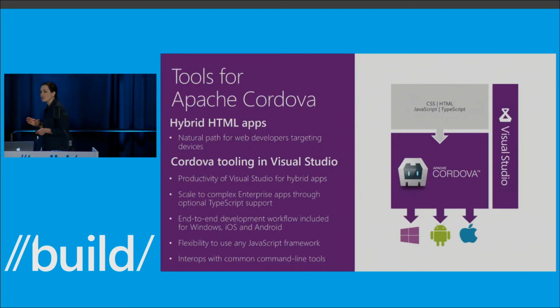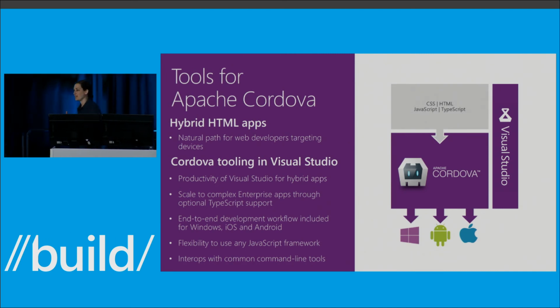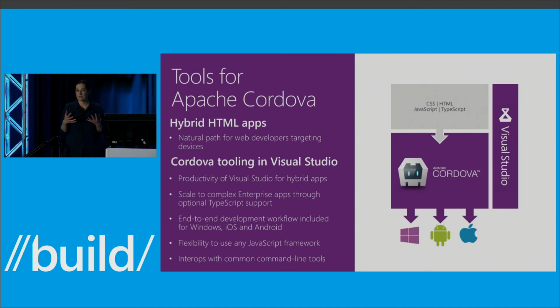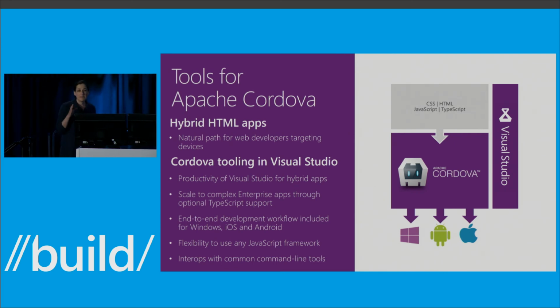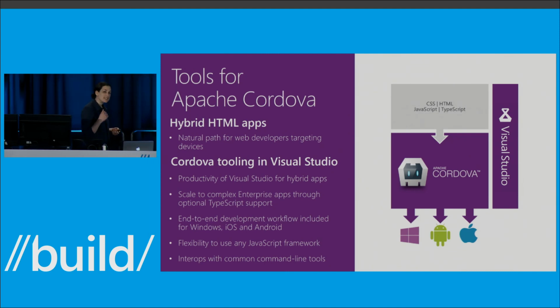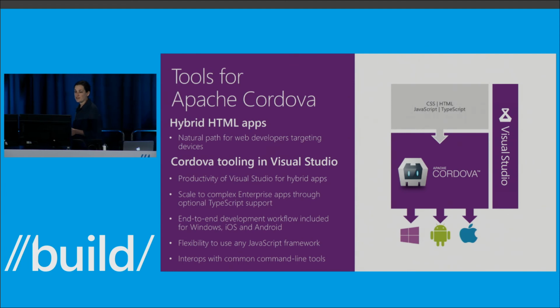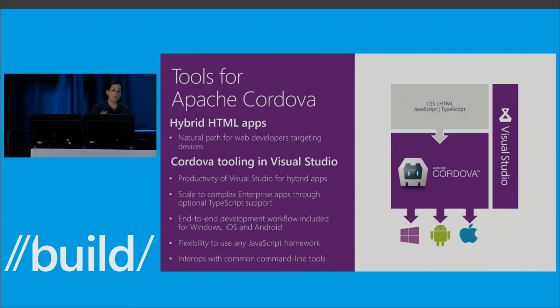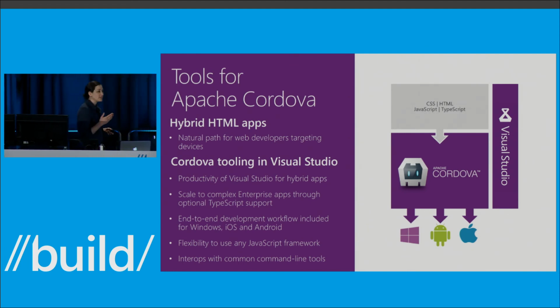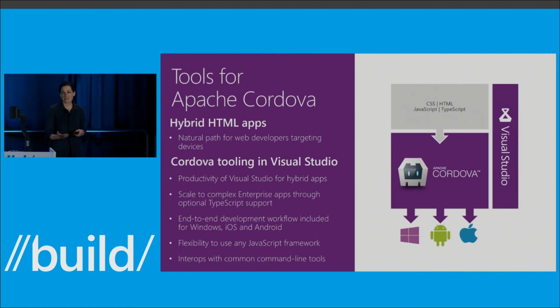The Apache Cordova tools make it easy to build hybrid HTML-based applications. So basically, this is a JavaScript, HTML, or TypeScript, and CSS application that you end up building, and then it gets packaged as a native app for each one of the different platforms. So you can send push notifications, and you can get all kinds of real-time information from the sensors on the device. And then with TypeScript, which if you're a JavaScript developer today and you have not heard or tried TypeScript yet,